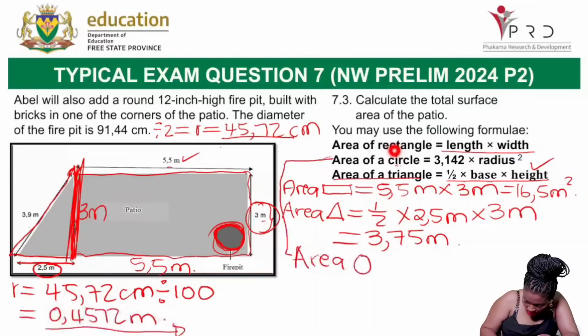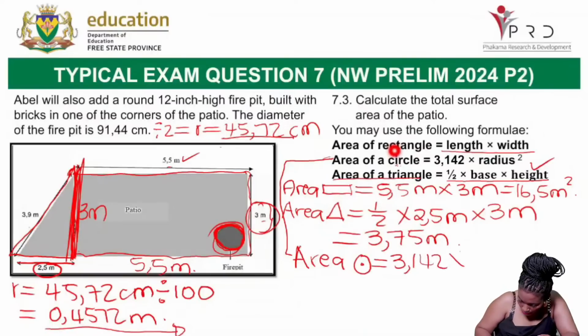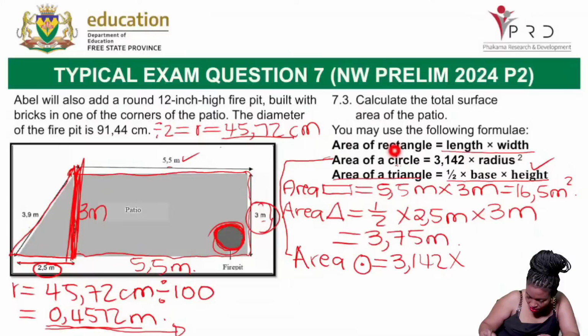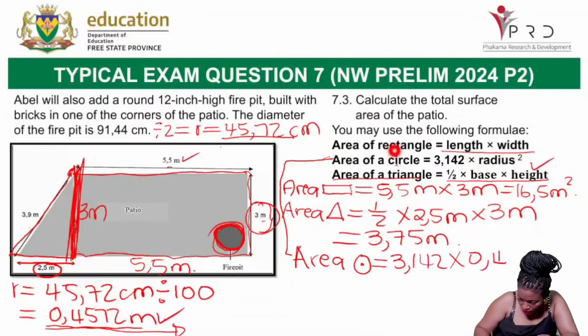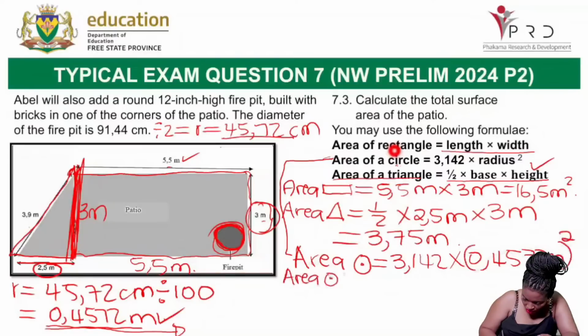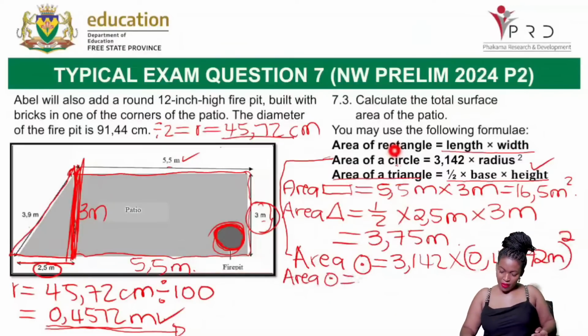This is quite lengthy. Area of the circle is 3.142 multiplied by the radius. How much is the radius? This is the radius, 0.4572 meters, but it must be squared. So the area of the circle equals, let us punch in our calculators, 3.142